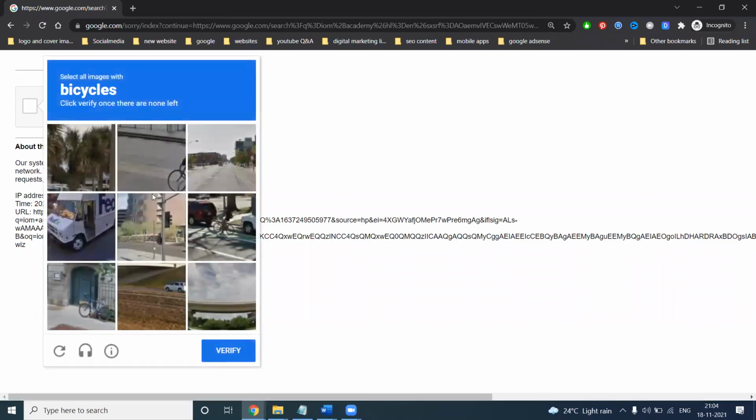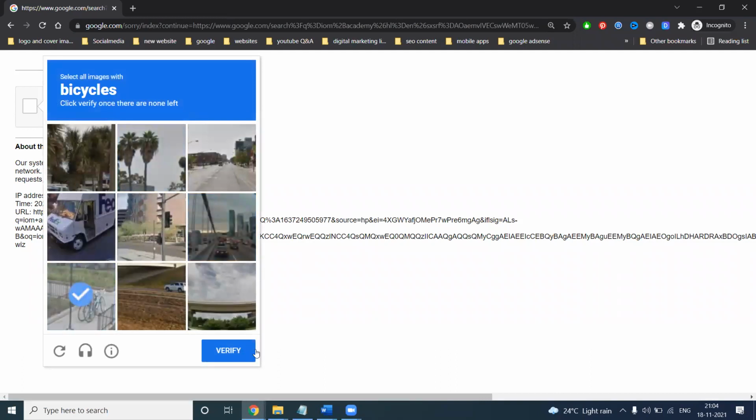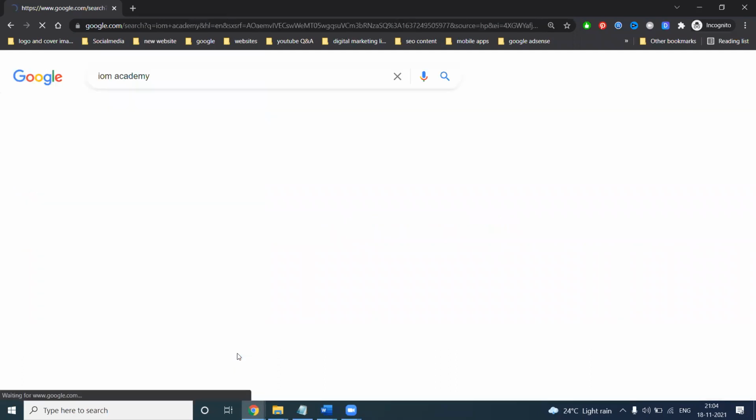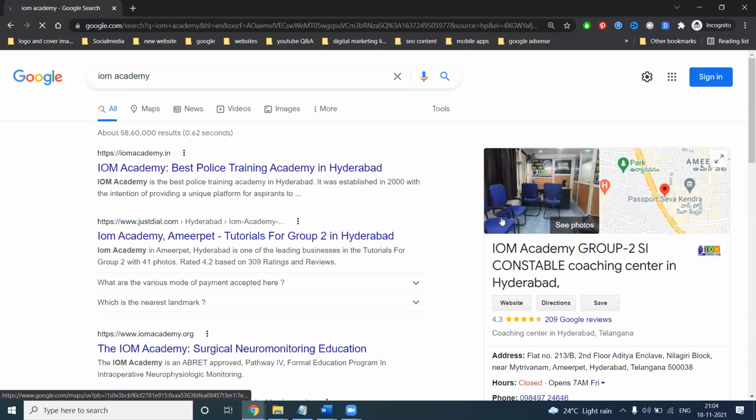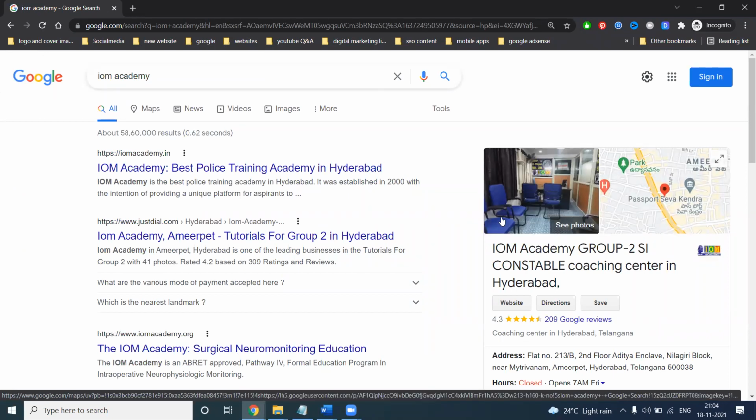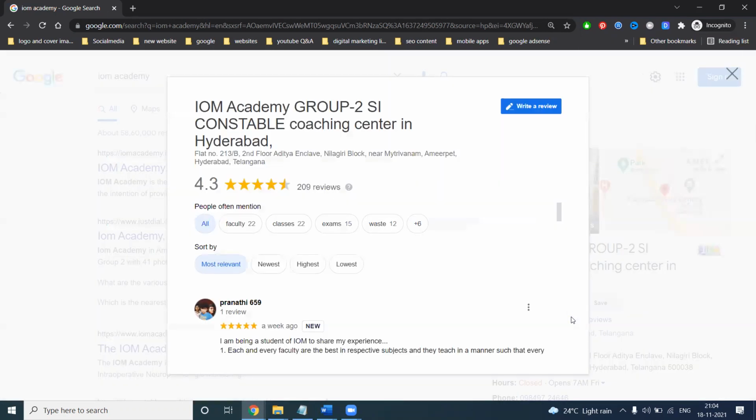Here it asks for verification. Suddenly we can see some icons, but nothing is shown here. When you click for a Google review, it appears again. But I want to show my direct URL. When I click that URL, people will automatically write my reviews.